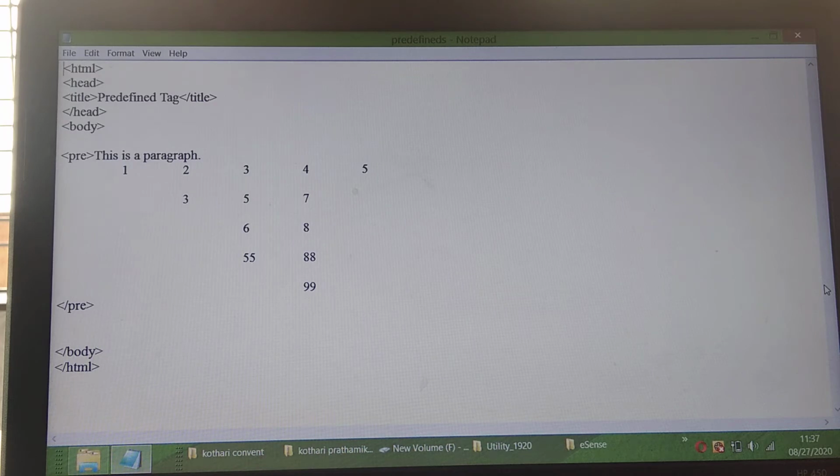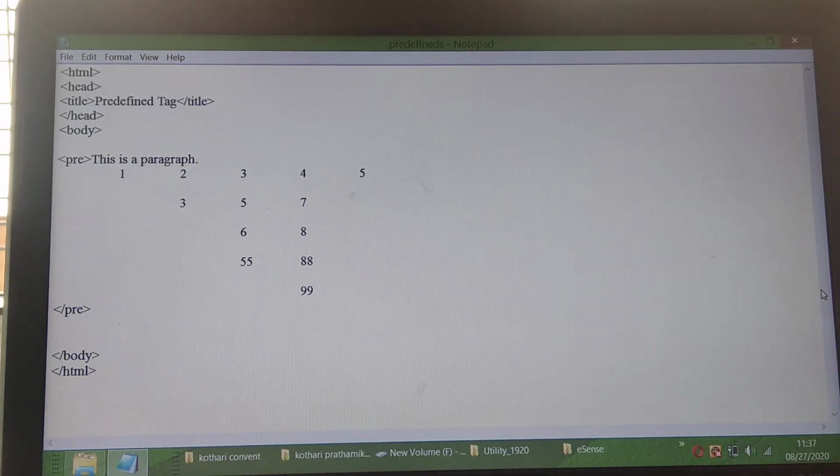Today we will learn about a new tag. The name of the tag is pre-tag. Pre-tag will be useful for predefined text to be printed over the website, or we can say the predefined text will be directly displayed over the web page,